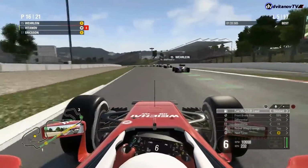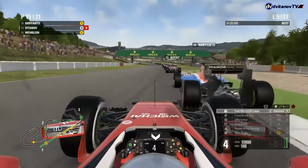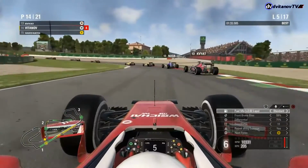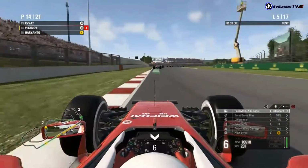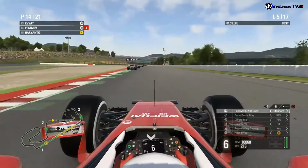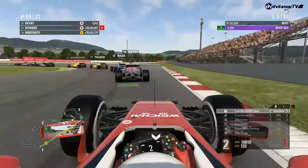them. You can see we're going down the inside of Pascal Wehrlein. We get better traction compared to Rio Haryanto. We're gonna go down the inside here, up into P14, right behind Daniel Kvyat in the Toro Rosso. So we're making good progress here. We just have to continue to do that, and yeah, we're gonna be in the points very, very soon. So yeah, we're heading purple